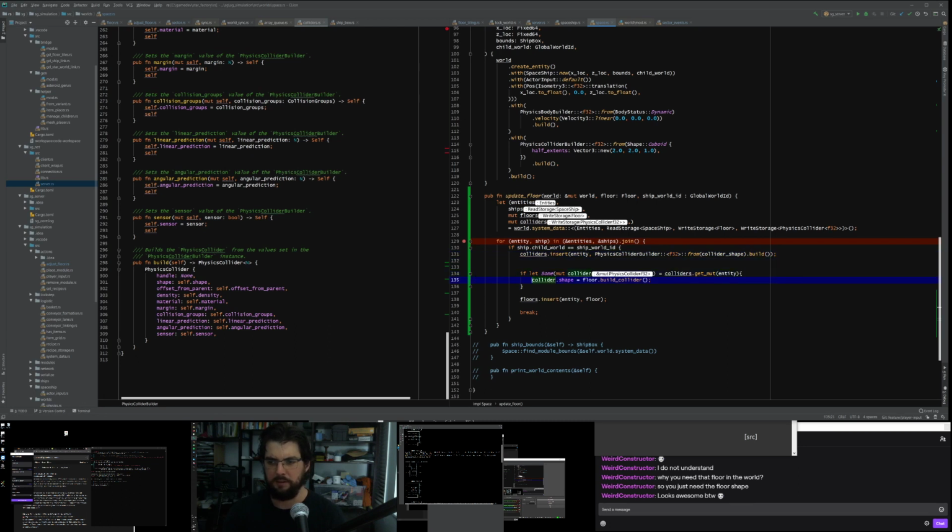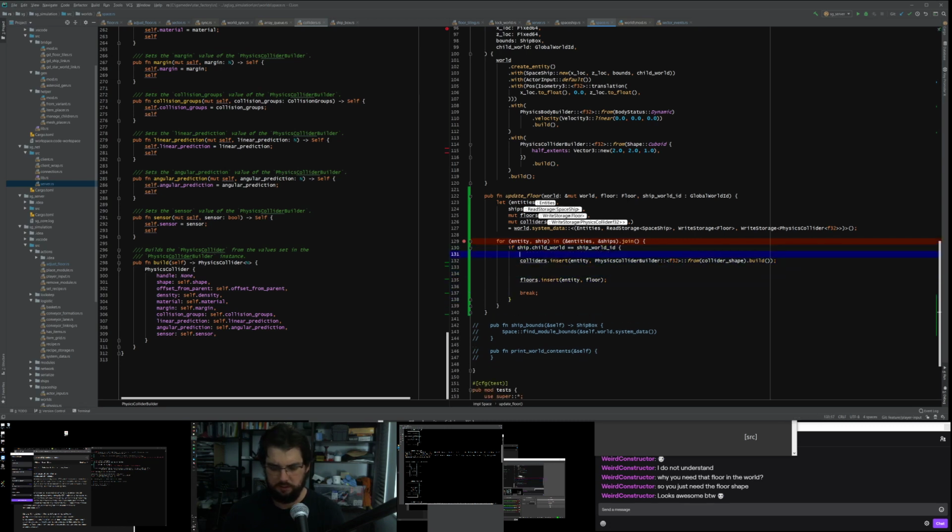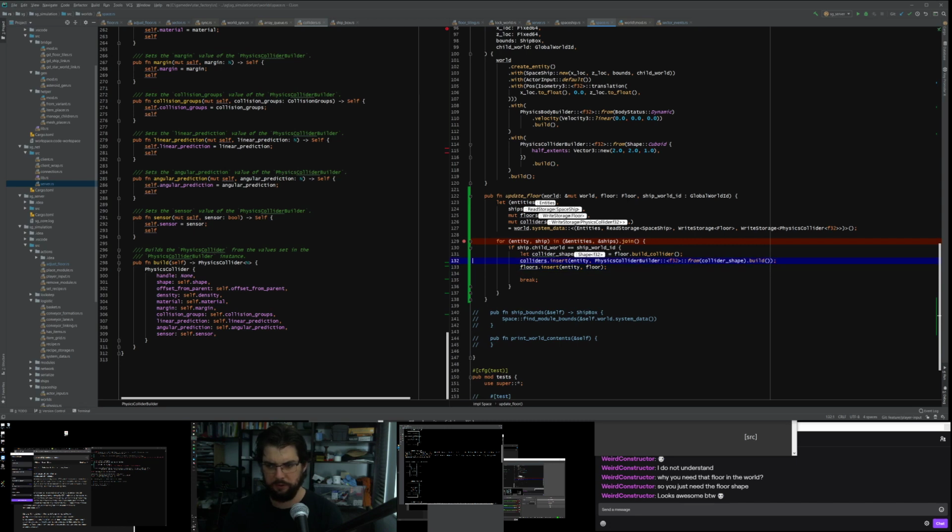And then I'm just going to grab this line in the middle here, floor.build collider, and put a let statement around this. So let collider shape equal floor build collider. So what I'm doing is, instead of trying to modify the shape and expect the specs physics to synchronize that, I'm just completely nuking the collider and building it again, and expecting the physics engine to notice and to rebuild that. So hopefully that will fix this problem.